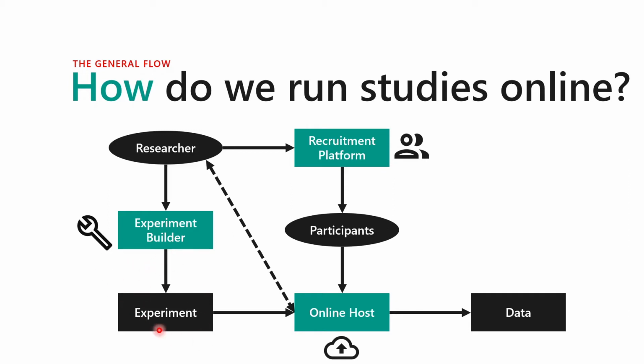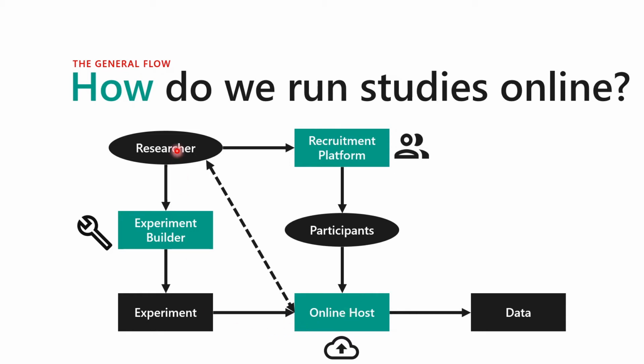So then you create your experiment and you need to host it somewhere, because if you run it on your lab computer, nobody can access it from the internet. So you need to host it on a specialized server, which we call online host here in this case. Then at the same time of basically programming and setting up your experiment, what you also do is setting up some kind of recruitment platform, or at least some kind of recruitment management system. Through this one, the participants get links to participate in your experiment, which is hosted on the online host.